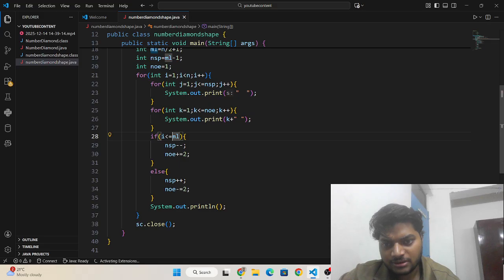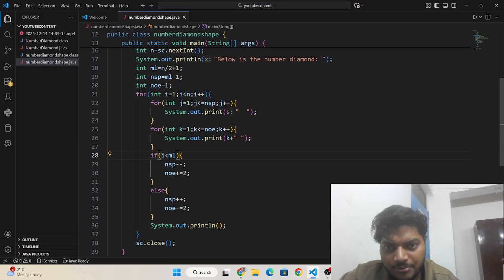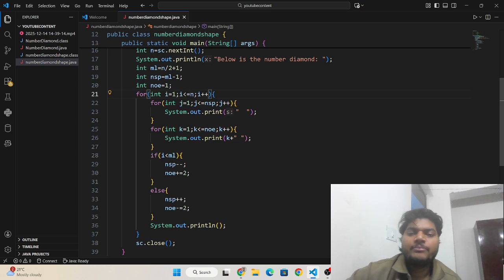What is the error, guys? Equal to. Here I need to write equal to.